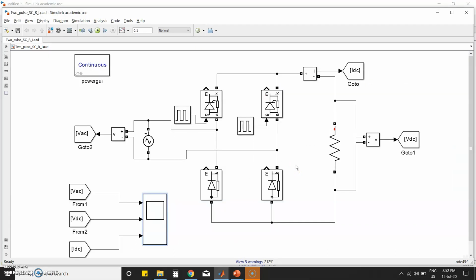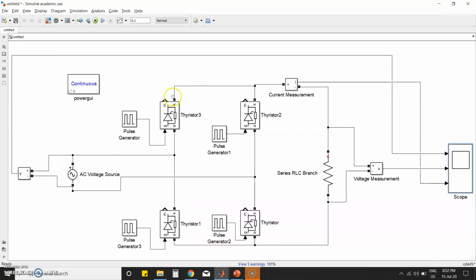So in this way you can go for semi control converter, because we need only 2 thyristors and 2 diodes, so we need only 2 pulse generators. If you are going for two quadrant operation, that is control of negative voltage, you can go for full control converter. If you are controlling only the positive voltage waveform, for single phase you can go for semi control converter for R load. I am speaking about R load.